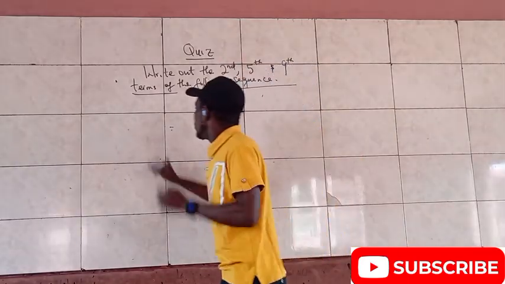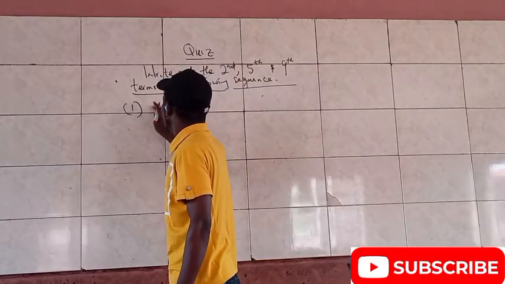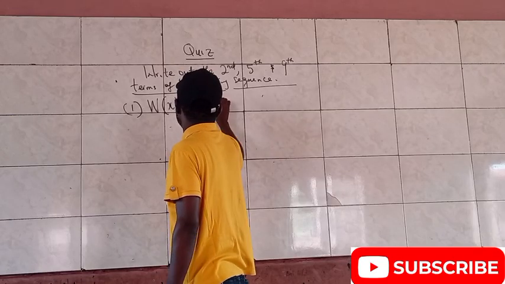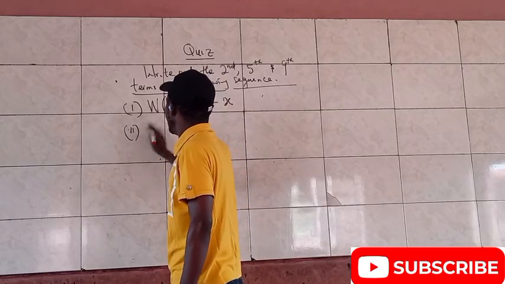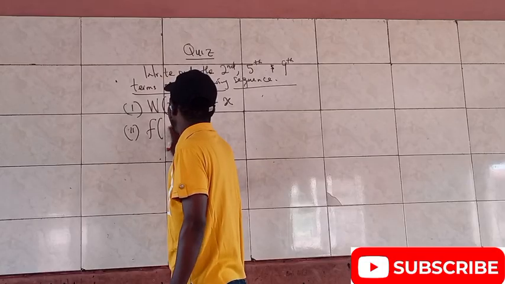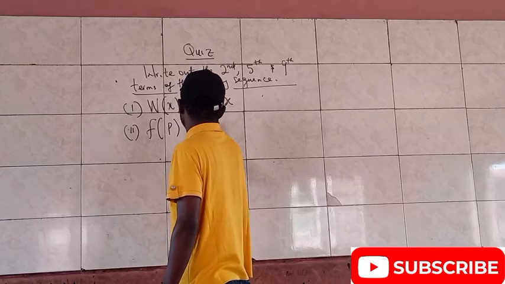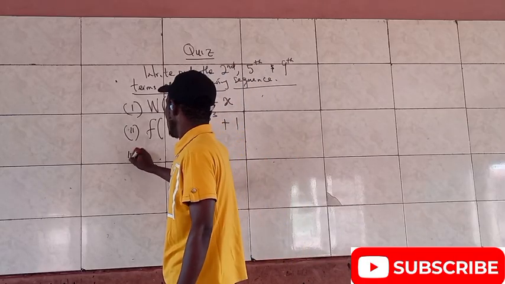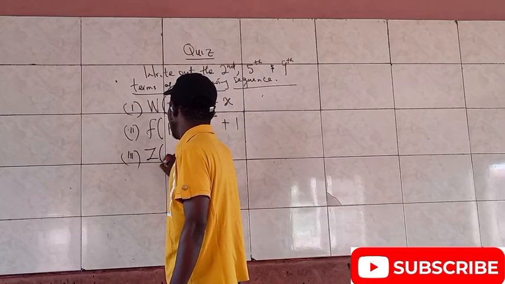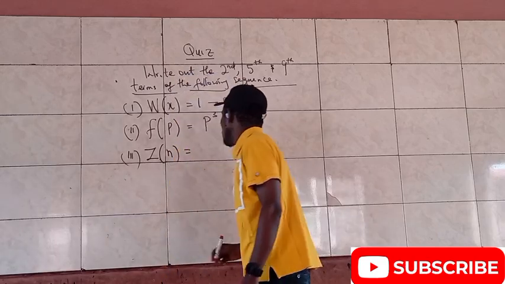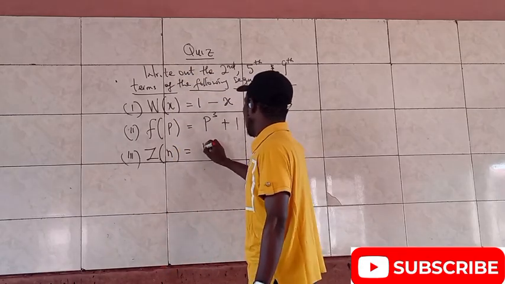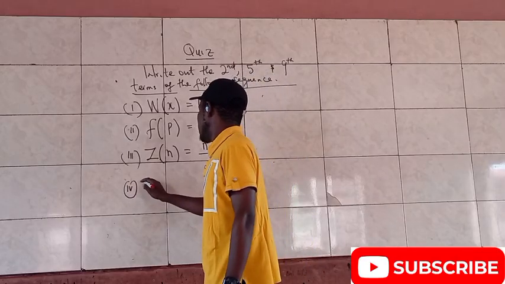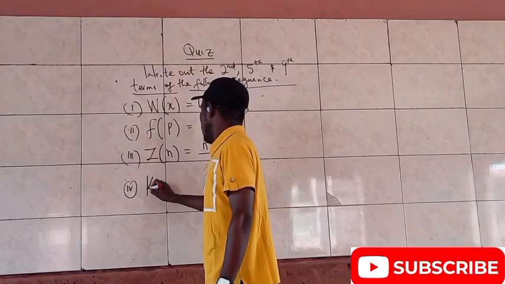Do you get it? So, number 1, this time we can say w of x is equal to 1 minus x. Then with 2, we can have f of p equals p raised to power 3 plus 1. Then number 3, we can have zn equals n plus 1 over n. And lastly, we can just have k